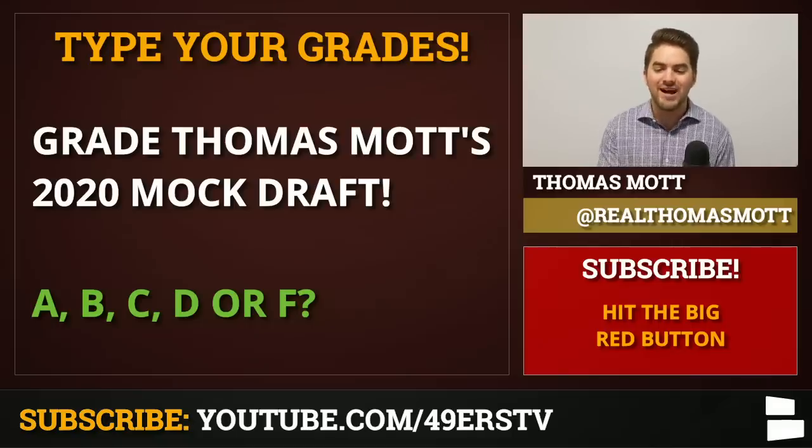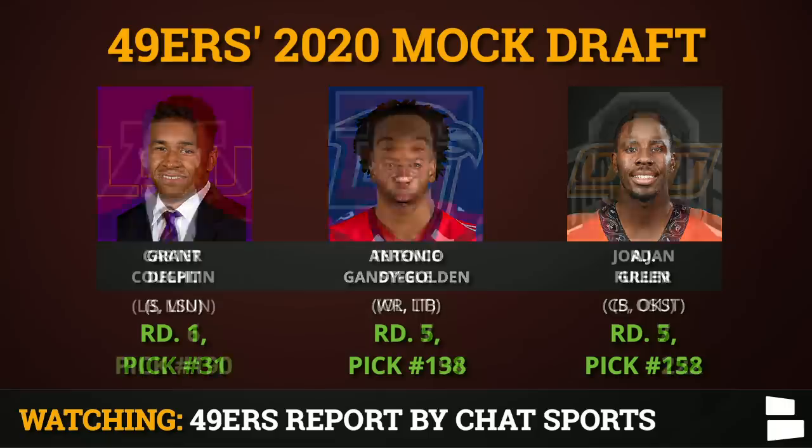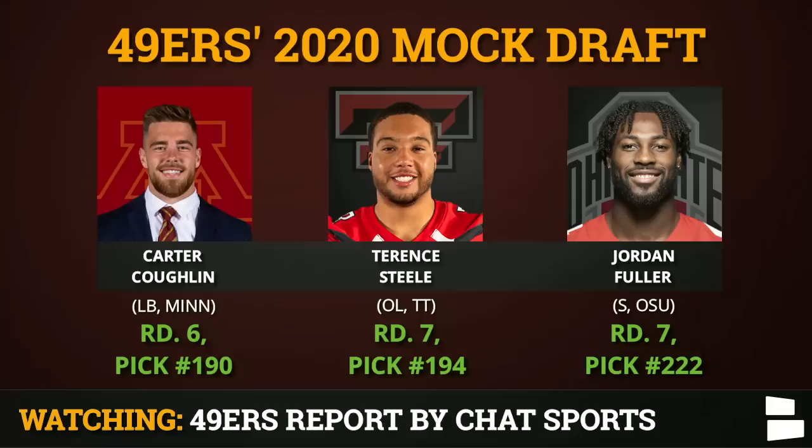One last look at my depth and what I got. Grant Delpit out of LSU, 1st round. 5th round, Antonio Gandy-Golden from Liberty. A.J. Green, the cornerback from Oklahoma State. Carter Coughlin, defensive end out of Minnesota. Terrence Steele, the offensive tackle out of Texas Tech. And Jordan Fuller, the safety out of Ohio State,